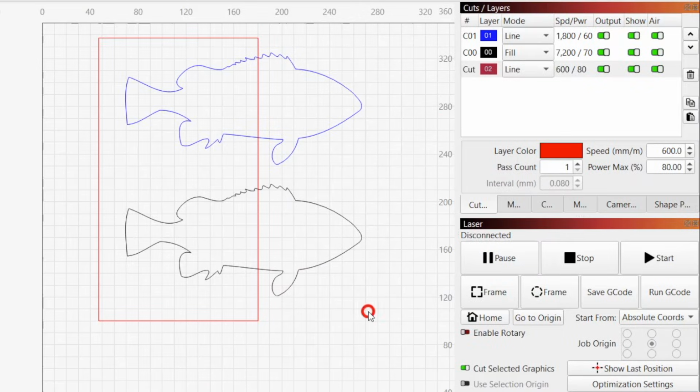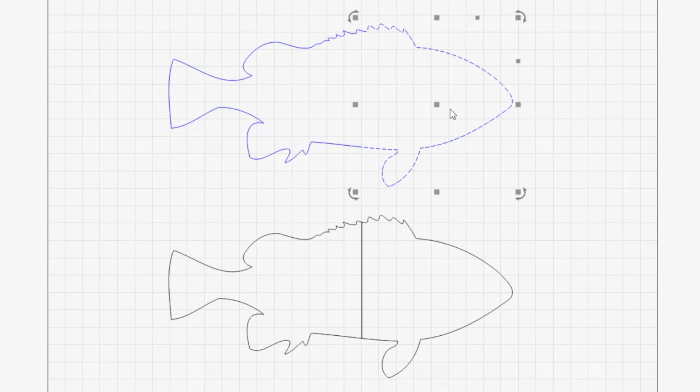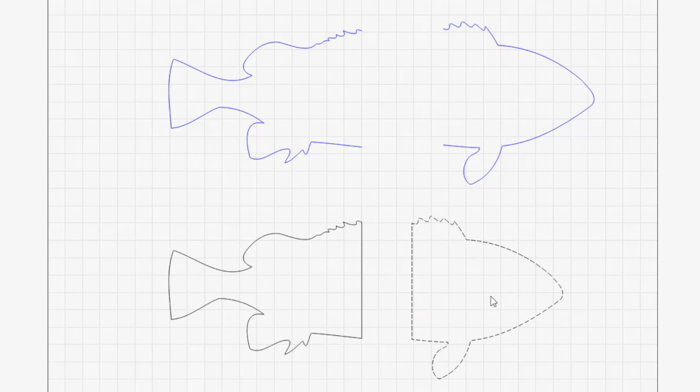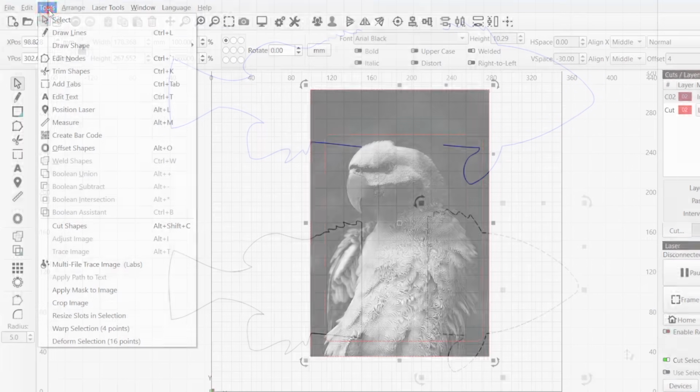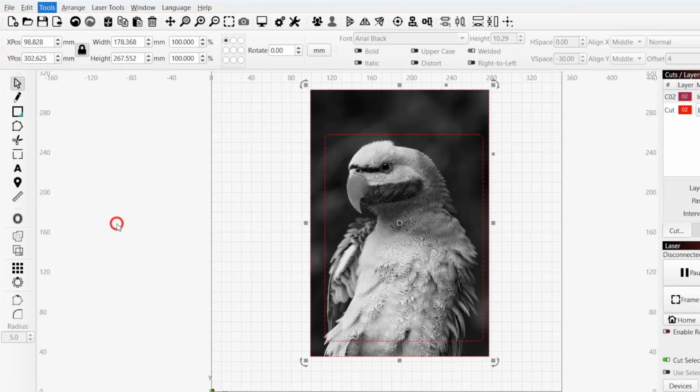The outcome of the cut shapes process varies depending on the layer type that the cut shapes are set to. Objects set to either a line or tool layer are left open, while objects set to fill or offset fill are automatically closed. When using cut shapes with an image, LightBurn will automatically create two masked copies of the images,